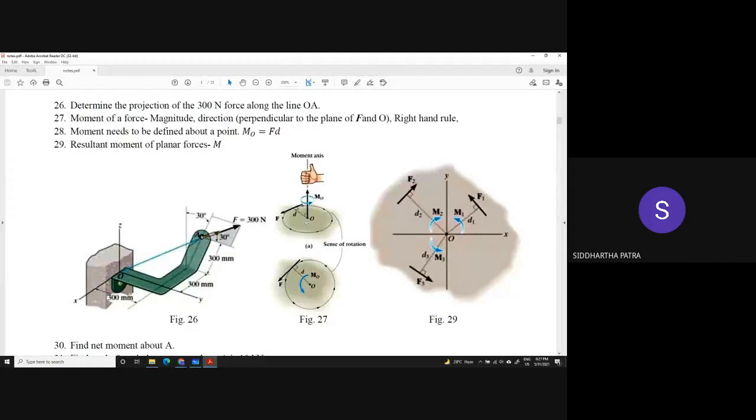Tendency of rotation kind of follows the right hand rule. What is basically meant is that if you look at it from the top,